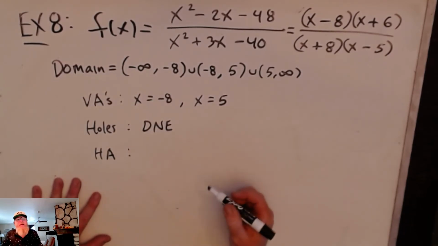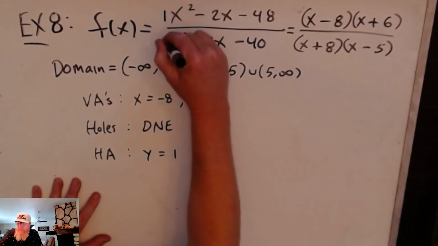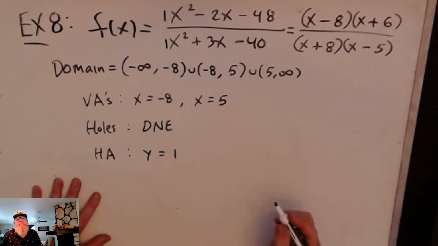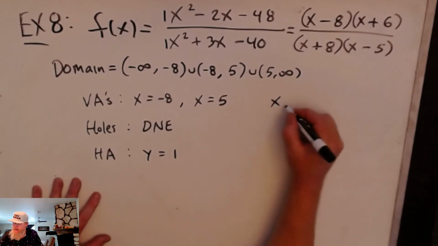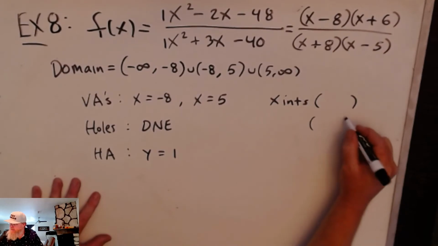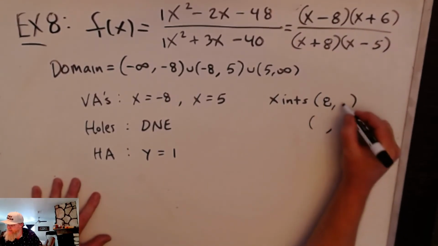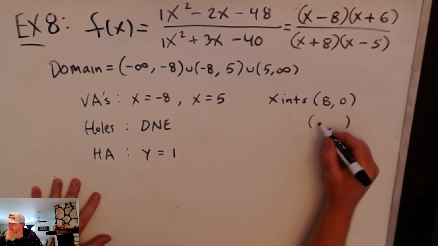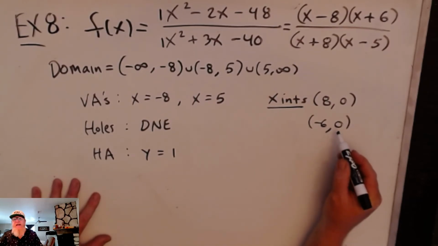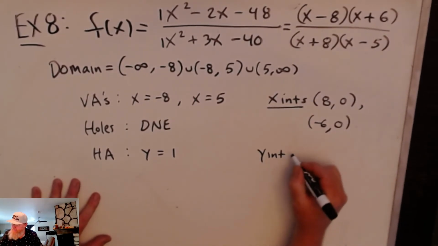Right? Summary of all of this stuff, the horizontal asymptote is 1. Yeah, 1 divided by 1, because these have the same degree. All right. X-intercepts. There are 2 of them. Look at the numerator. You're going to get 8 comma 0 and negative 6 comma 0. Those are your x-intercepts. And your y-intercept